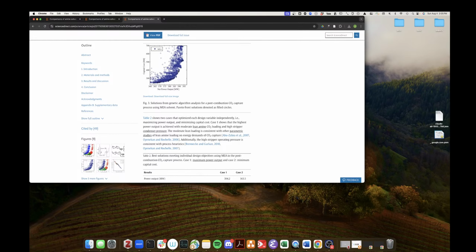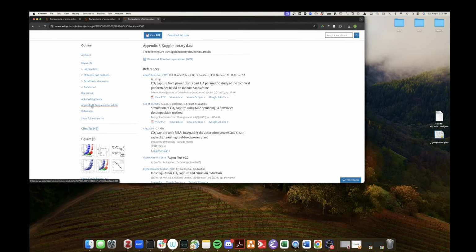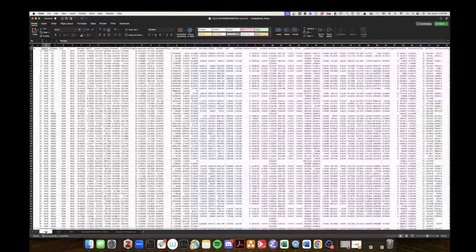So this required some integration with a software package and Excel and Aspen to run and get all of the data. Alright, so if I scroll down to see how much data is available in our supporting information, all it says is the following are supplementary data. So I'm going to go ahead and download this, and let's go ahead and open it. And you can see here that it is literally just a spreadsheet. There are some sheets, and